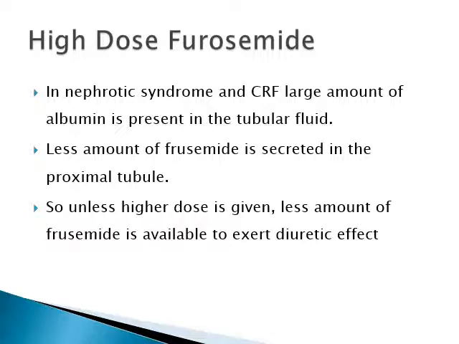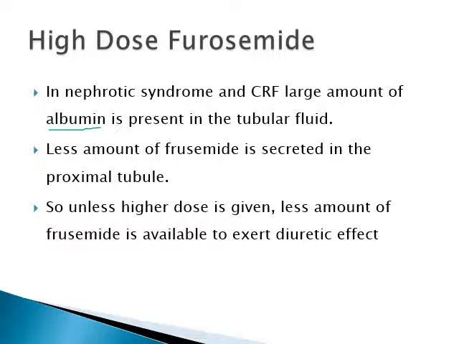these conditions, as there is a damage to the kidneys, there will be filtration of albumin into the filtrate. So albumin will be present in the tubular fluid, and we know that loop diuretics are highly bound to the plasma proteins. So furosemide will bind to this albumin, and it will form a complex which will get excreted out, so that less amount of furosemide will be available to produce its effect,